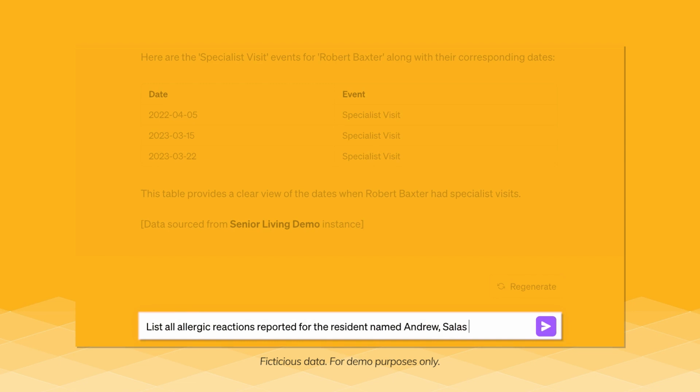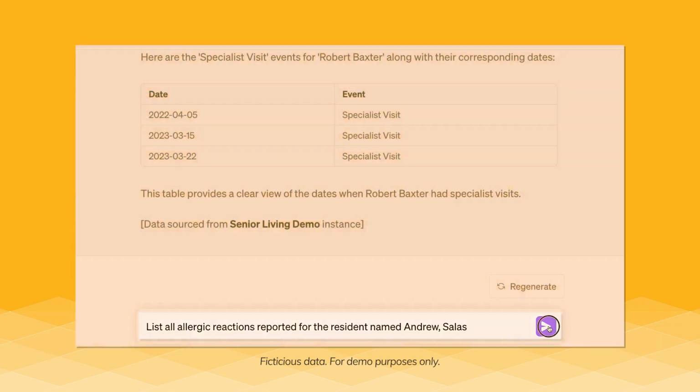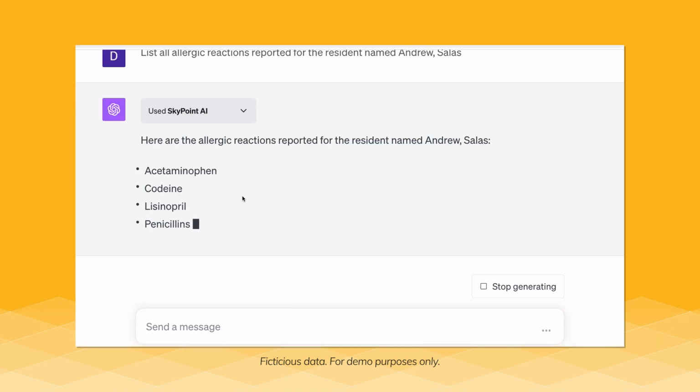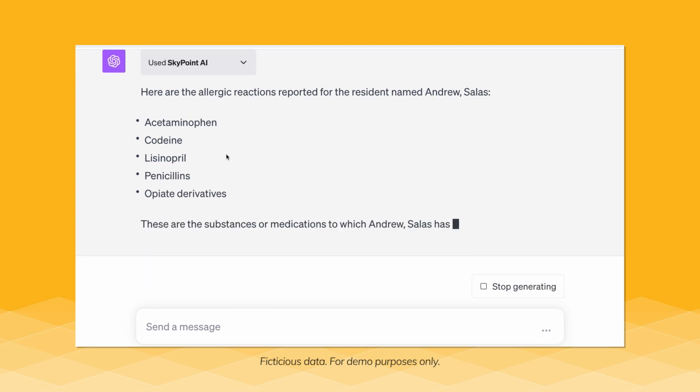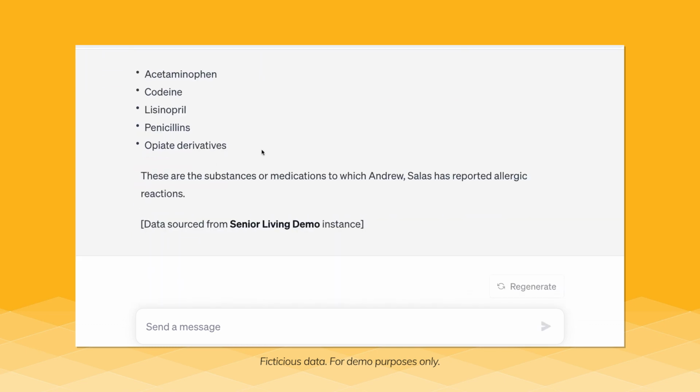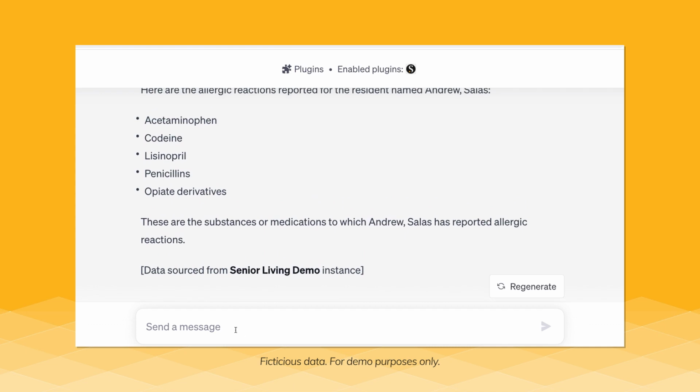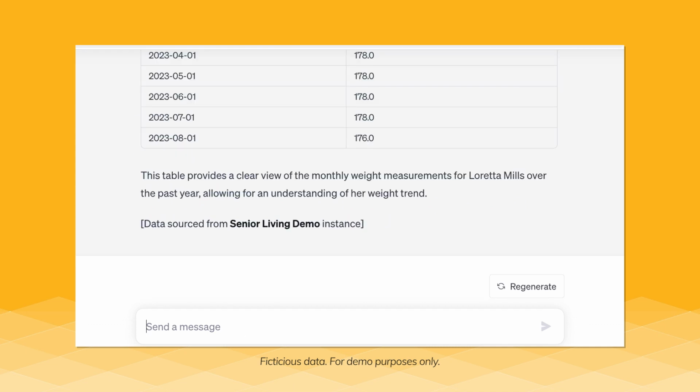Say we have a resident or a patient that we know has some allergies, but we're not exactly sure what they are, but we want to look those up for Andrew. Let's take a look and see what we can find. So here's a list of all of Andrew's allergic reactions when it comes to medications or other things. We're going to take a look at some more structured data examples for clinical